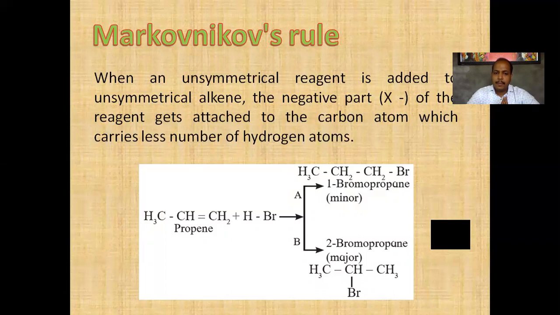So what happened here during the reaction mechanism is that primary carbocation and secondary carbocation are formed. We know the secondary carbocation is more reactive and more stable. That's why 2-bromopropane is obtained as the major product. Now we see next,